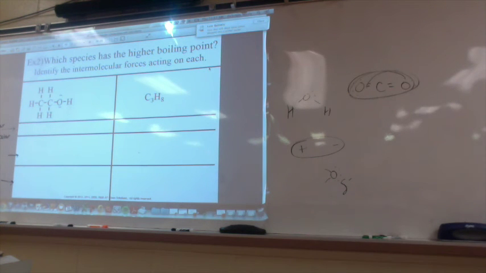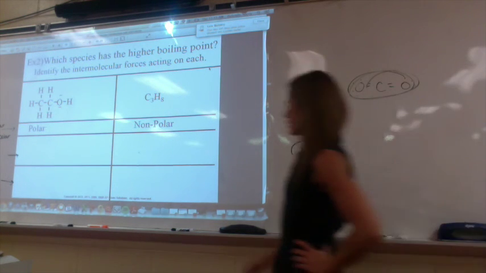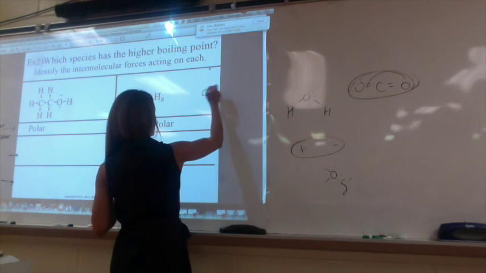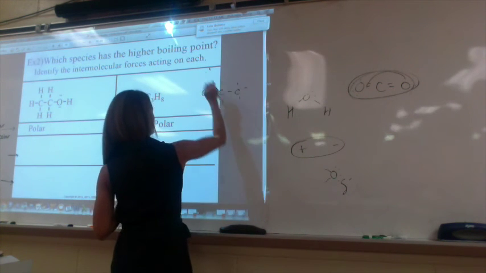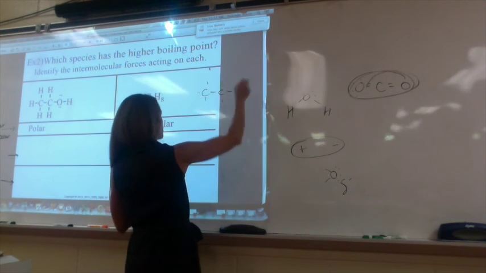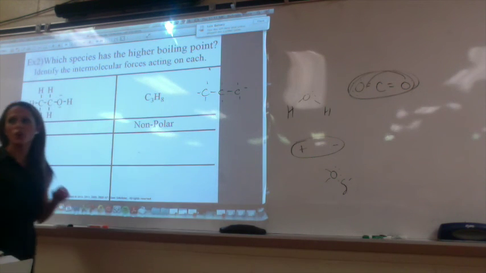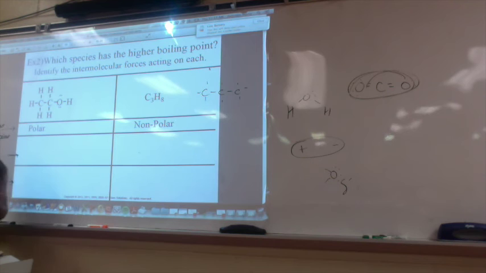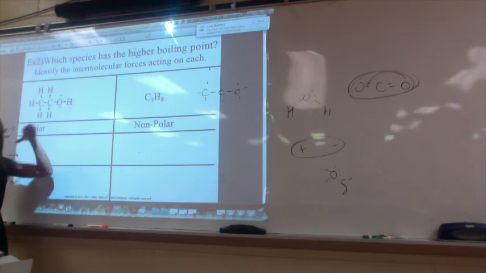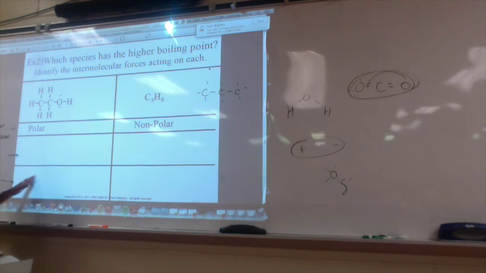So first row, we have polar or nonpolar for the first molecule? Polar. And then C3H8, nonpolar, right? If you're not sure, this is what you're evaluating. 1, 2, 3, you know what all those are, hydrogens. This has no polar push in any one direction. Your car doesn't move. Do you know what I mean by car? Like if you're all pushing on those carbons, they're all equal force around it, so they're not going to move. This has an OH.